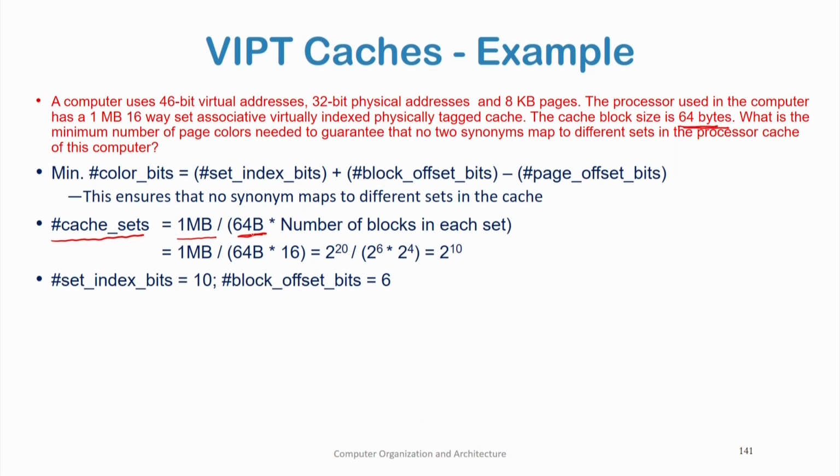The number of cache sets. How do I determine the number of cache sets? I have the total cache size of 1 MB, and a cache block of 64 bytes. So, 64 bytes in a block. So, block offset is 64 bytes,